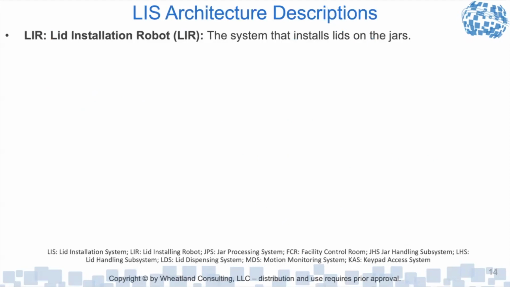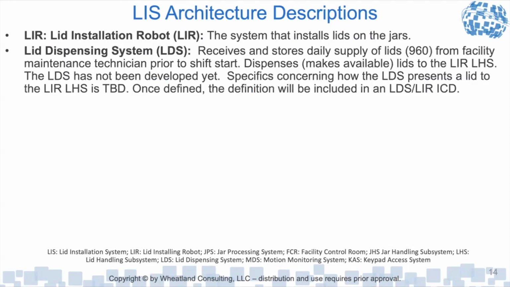So the lid installation robot is a key part within the lid installation system that's going to be actually installing the lids on the jars. There's the lid dispensing system. It's a new system that's going to be developed to supply lids to the LIR. The interface between the lid installation robot and the lid dispensing system will be defined in an ICD, interface control